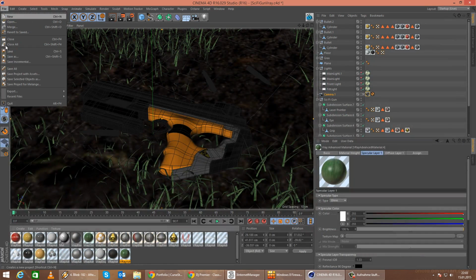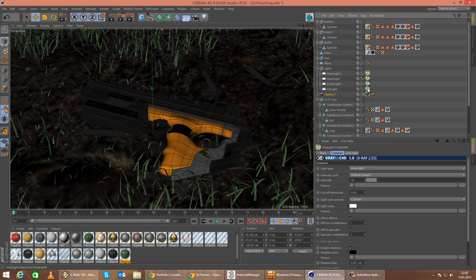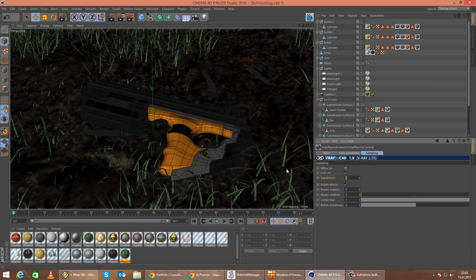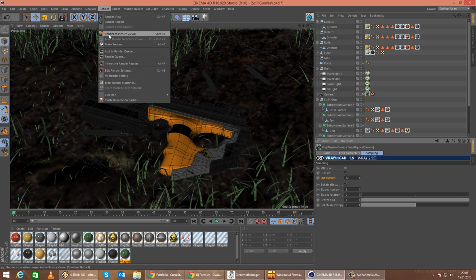So I think I will up the lighting just a little bit. First of all, I want to save the file. Lighting, giving it here in the area light a little bit more subdivisions. Let's maybe go for 24, not too much. And here we will definitely go higher, maybe like, I don't know, 32. And this will definitely take longer probably to calculate the DOF, but also will save some render time in the